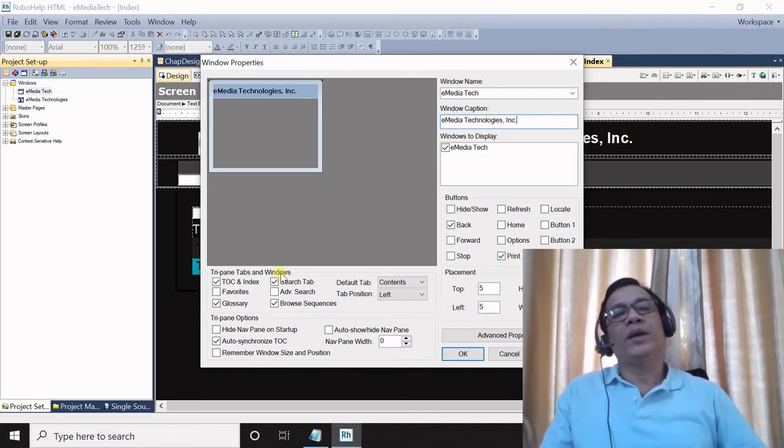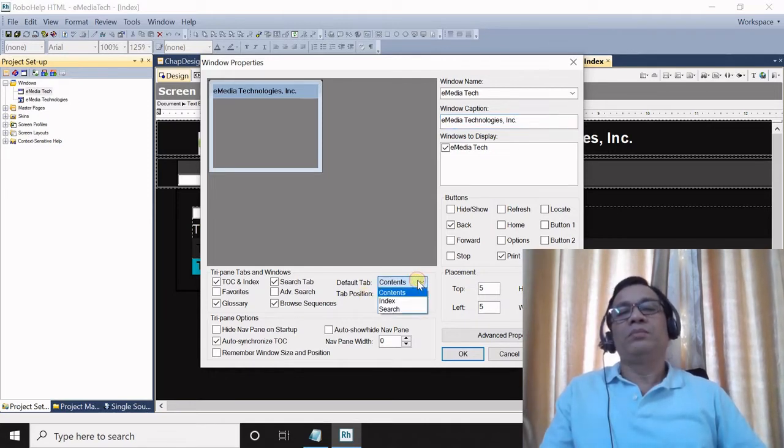Under tabs and windows, you have these many options: TOC and index, search tab, favorite, glossary, advanced search, browse sequences, and then default tab and tab position.